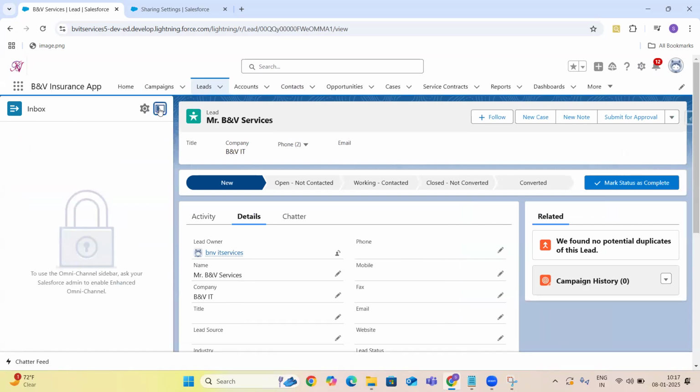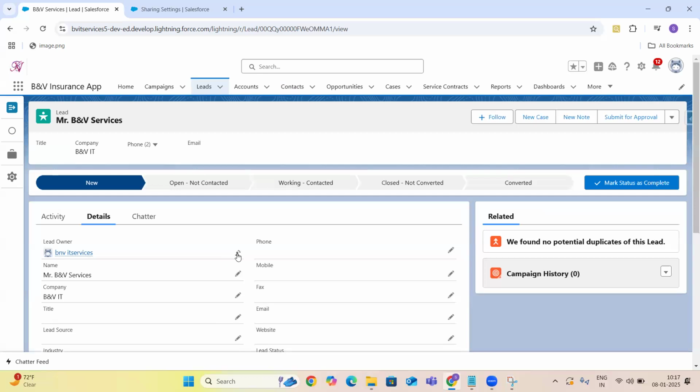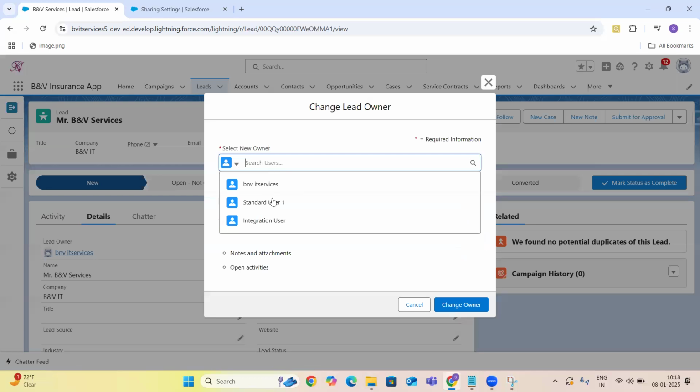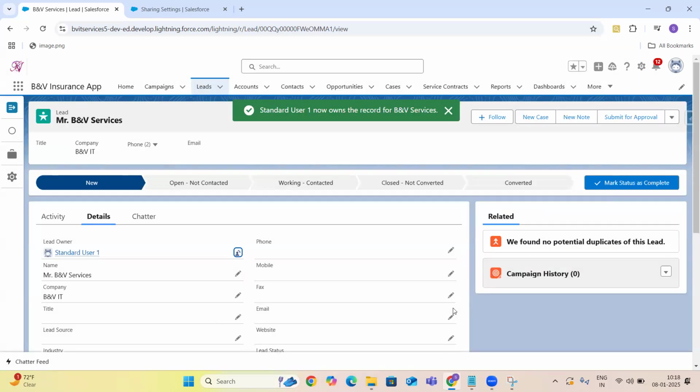This record is assigned to me, BNB IT Services. I can change it to some other user. If I have the transfer permission in the org-wide defaults, only then will I get an option to change the record from me to another user.